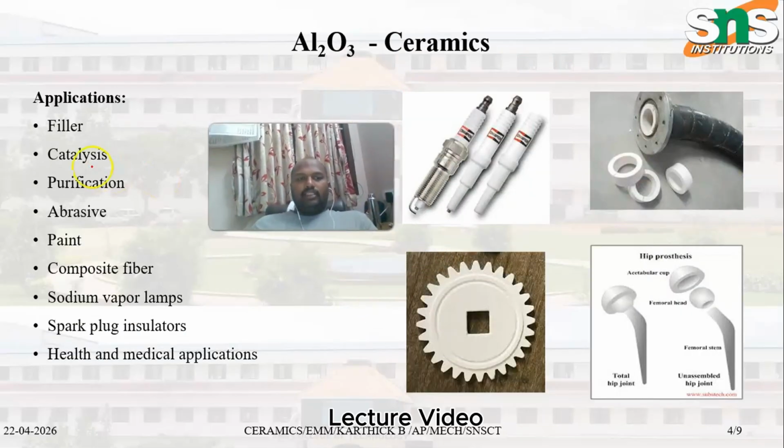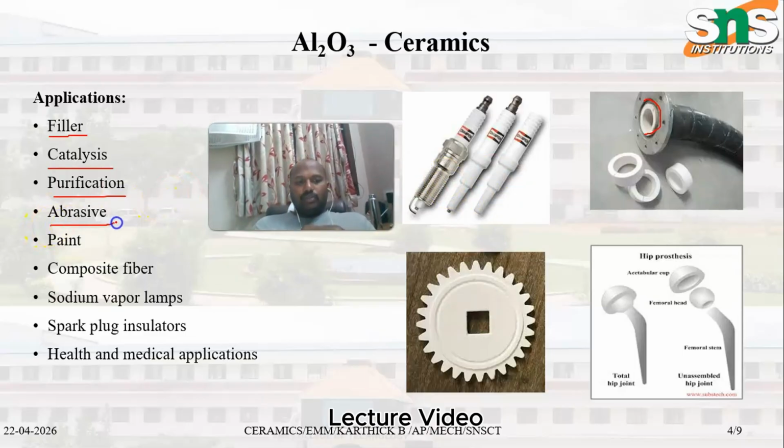The first main application is in a field lab. If you see a bent pipe, there's a gap in it. These gaps are filled by cellophane tapes, or nowadays by alumina tips. Next, it is used as a catalyst, and as a purifier in the purification process,